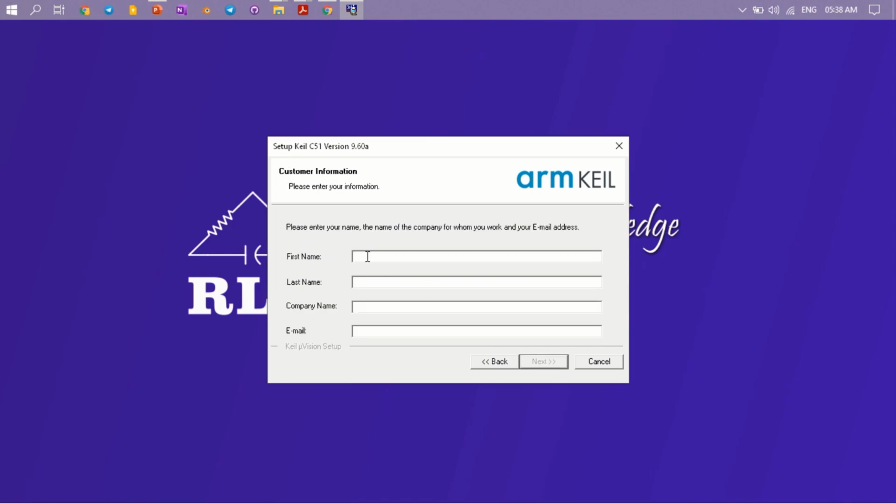Then Next, here you need to fill out the details. I'll give it as RLC-EEE, then the email, it's a dummy email. Don't email to this one, this email ID is not available.